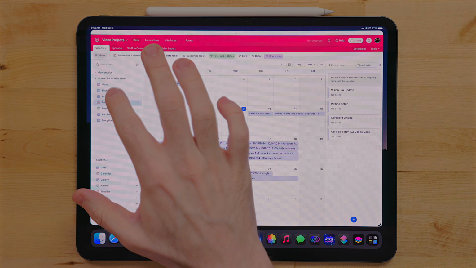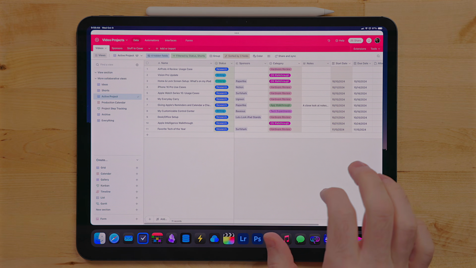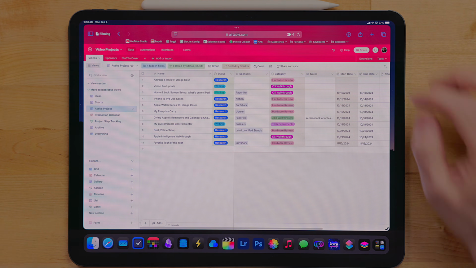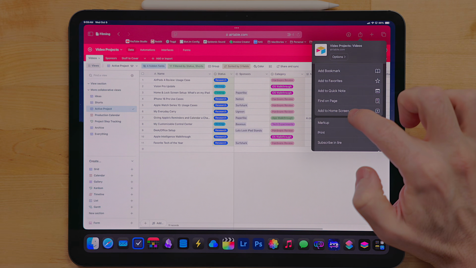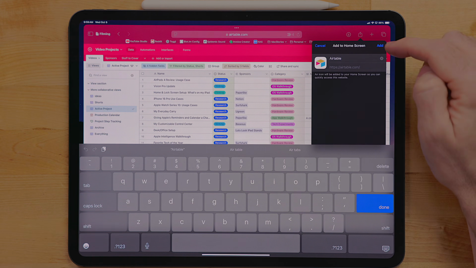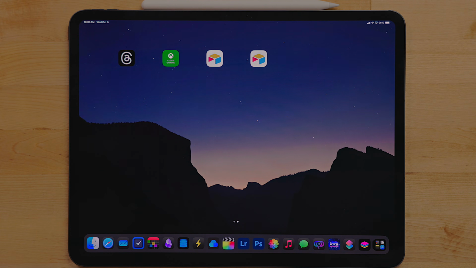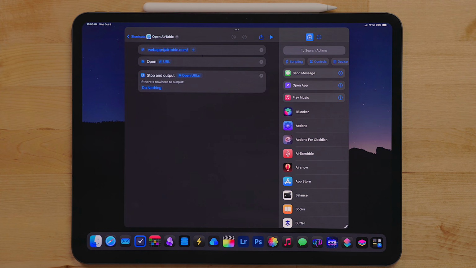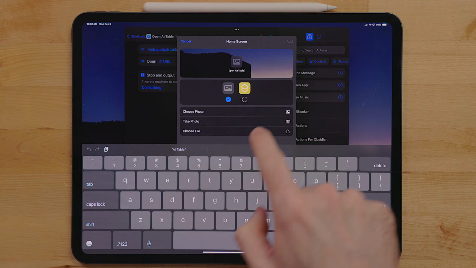For example, I use the PWA for Airtable because the iPad app is horrible. PWAs are a decent option for web app services. You can make these by using the Add to Home Screen option in Safari. But here's the issue. The Airtable icon stays the same bright white app icon, and I want to add it to my dock. So what I did is I created a shortcuts launcher for the PWA using x-callback URLs, then assigned a custom icon to it. This way I can get my dark mode icon for the web app.